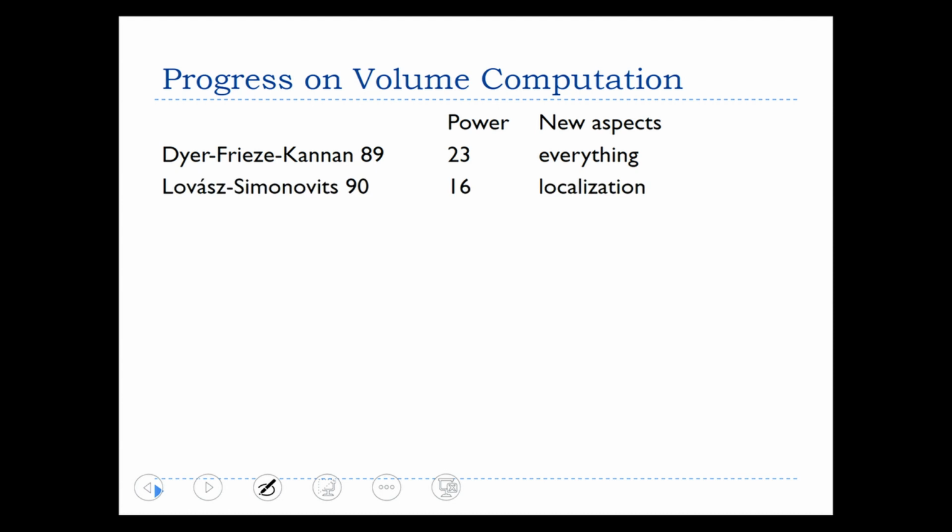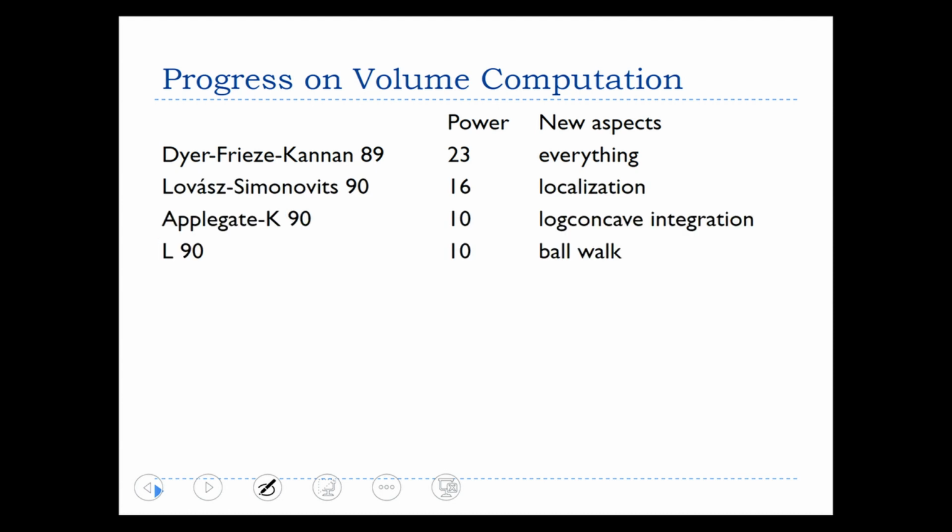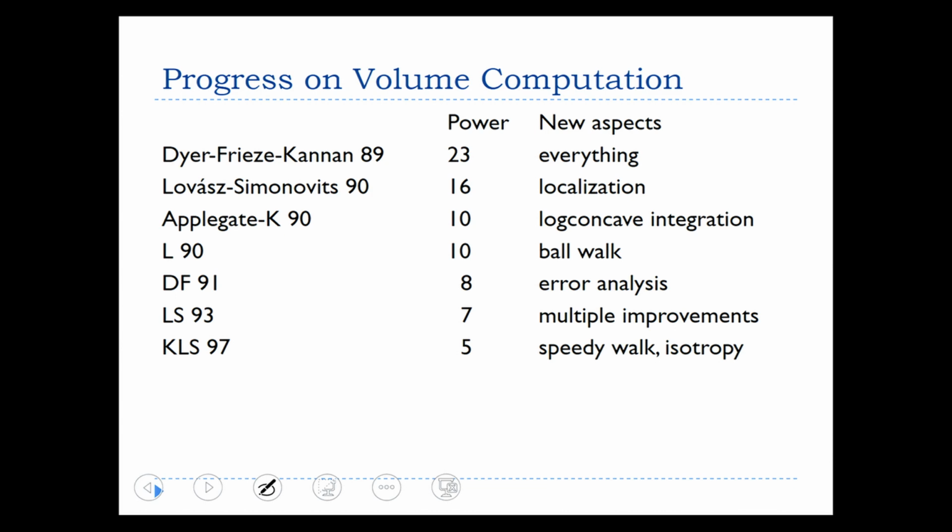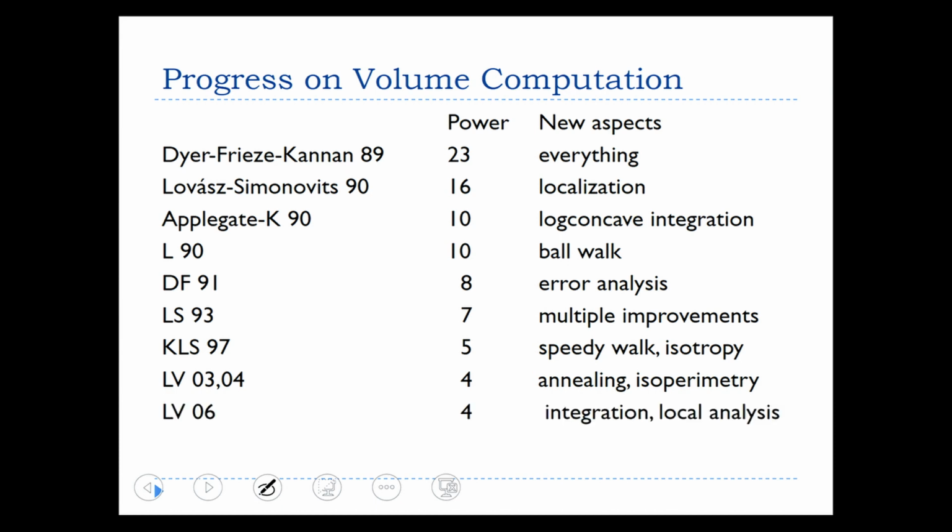The progress on this problem is notable, not so much just because the power of the n is decreasing, but because at every step there have been very interesting techniques introduced, not just for better analysis of the algorithms, but to analyze Markov chains, to understand geometric questions of independent interest, and so on. The last